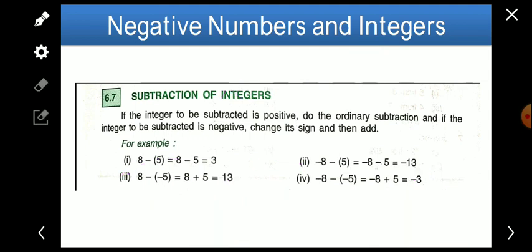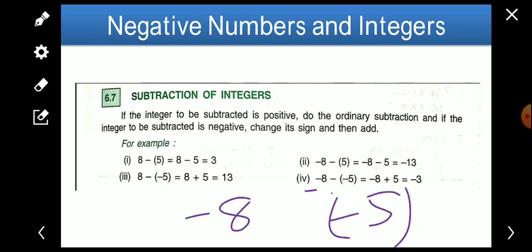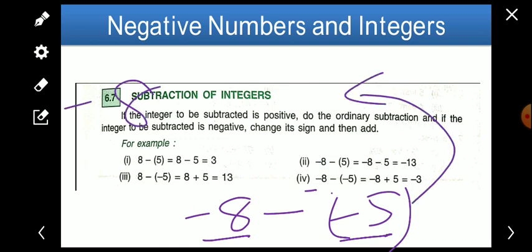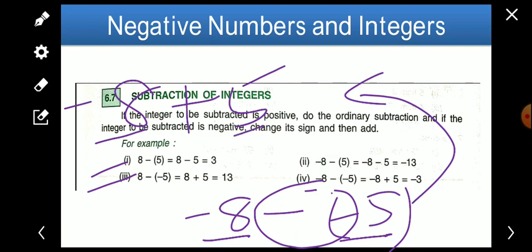So like this, here minus 8 is one integer, minus 5 is another integer. We have to subtract minus 5 from minus 8. So we'll put the minus and subtract. I'm writing here: minus 8, and it will be plus 5. Now one negative, one positive, already we know. We subtract 8 minus 5, then 3, and the bigger numerical value has the negative sign, so minus 3 will be the answer.